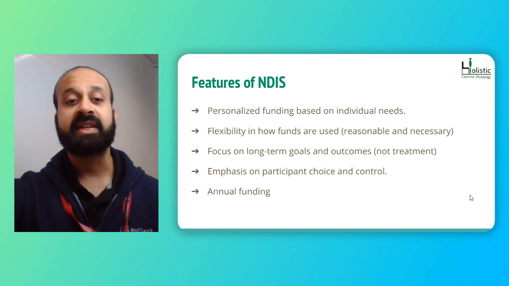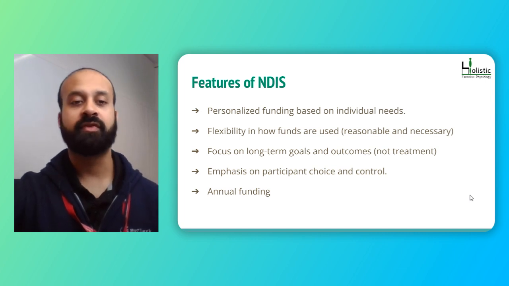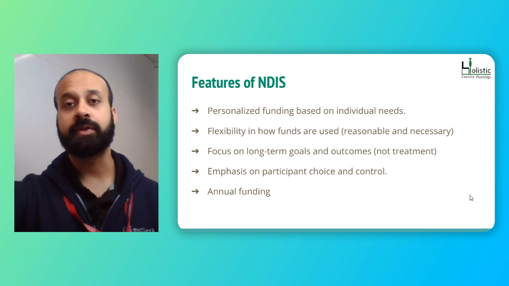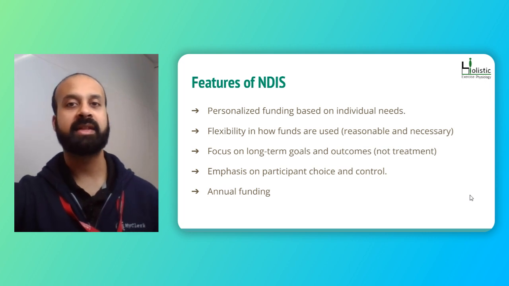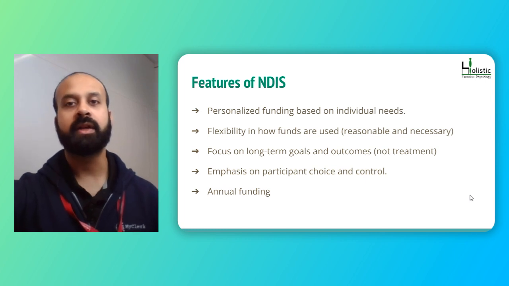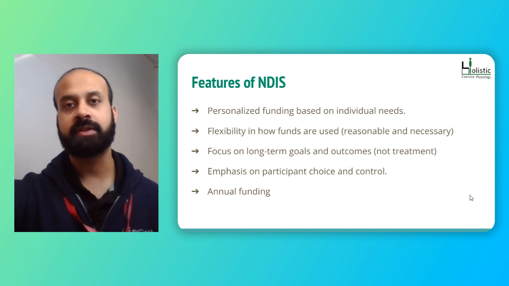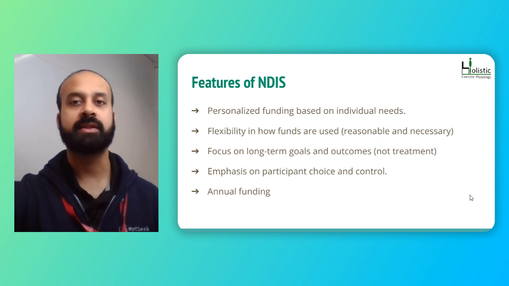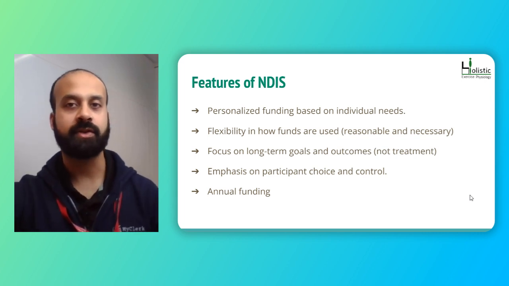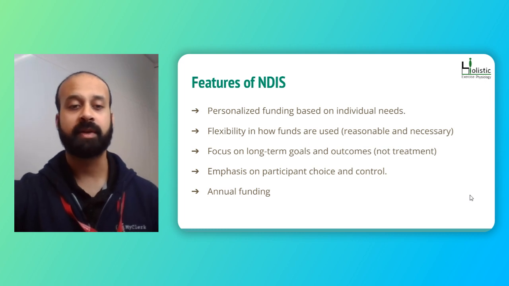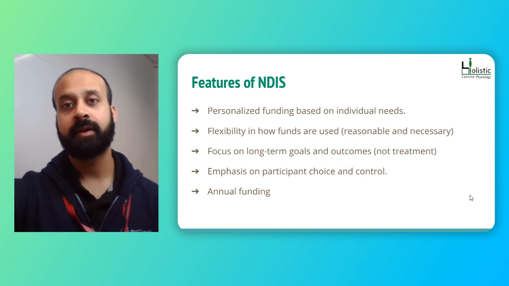Okay, again, the funding is annual, which refers to the focus on long-term. So once you've, for example, signed up a new client and you know that the plan is going to be renewing in 12 months' time, then you can pretty much plan your services accordingly, right? So you can say, right, I'll see them weekly for the next 6 months, and then I'll see them fortnightly, and you can schedule that in. Again, that helps from a scheduling perspective, but also helps from an intervention perspective. You can plan your intervention accordingly.